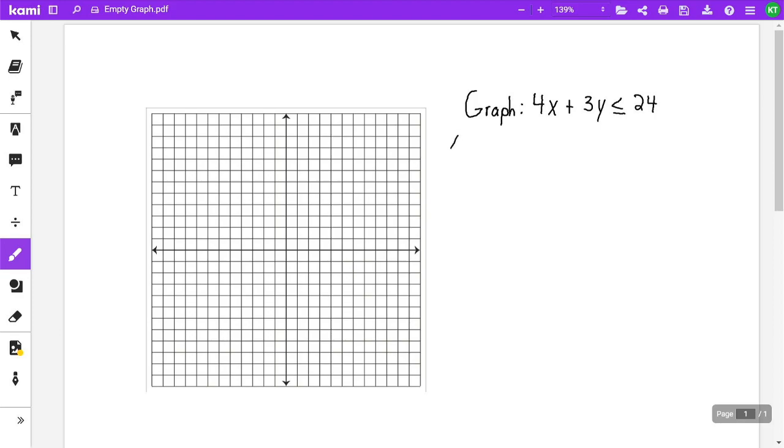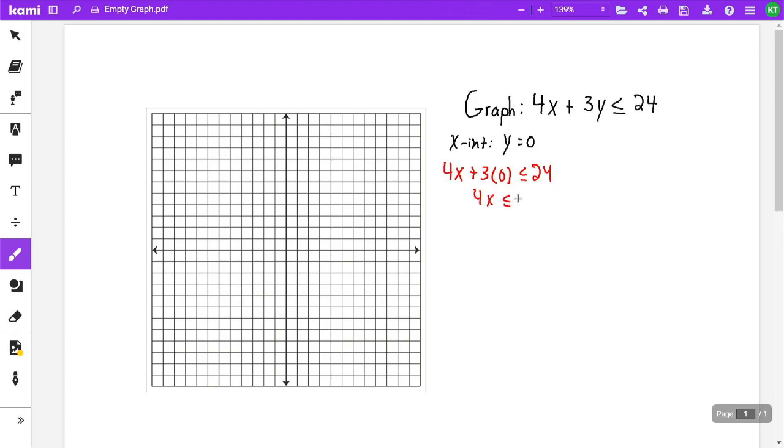So for our x-intercept, we are going to set y equal to 0. And I'm going to do this in red here. So I'm going to use that same inequality of 4x plus 3y is less than or equal to 24. I will do 4x plus 3y, so 3 times 0, because y is now going to be 0, is less than or equal to 24. We know that anything times 0 is going to be equal to 0, so we will just have 4x